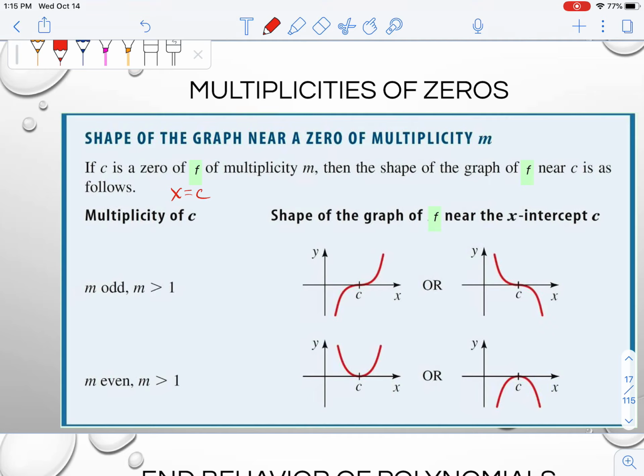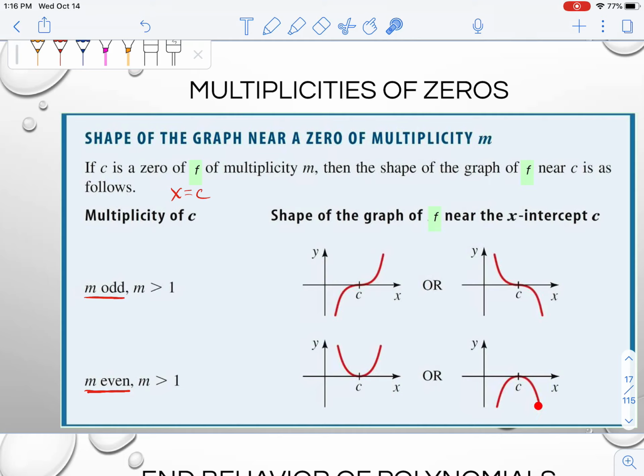So if my multiplicity is odd, okay, then we're going to cross the graph. So at that point, I'm going to go from below to above or above to below, okay? So again, if my multiplicity is odd, my graph is going to cross the x-axis at that particular x-intercept, okay? If the multiplicity is even, my graph is going to touch but not cross the axis. So it's going to come from one direction, touch, and then go back in the direction that it came from,